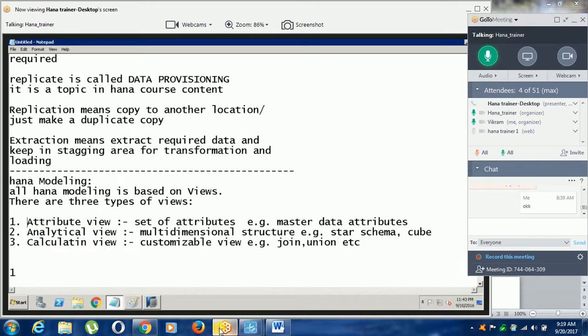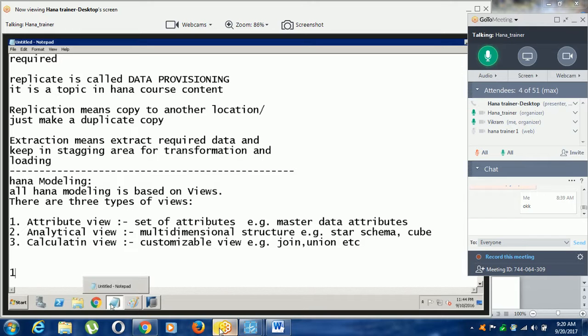Because in the attribute view, you can put attributes only. It's a restriction. In the attribute view, there should be attributes only, and in the analytical view, you should follow a star schema. You should follow cubes. But in the calculation view, you can do everything. It is very flexible, highly customizable.